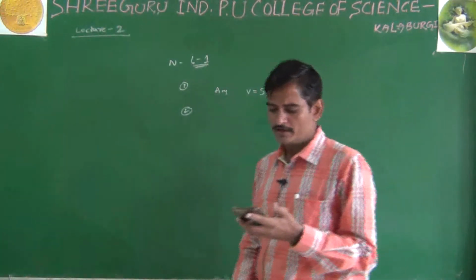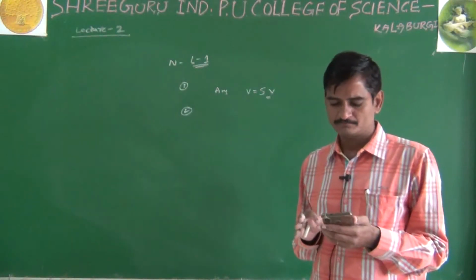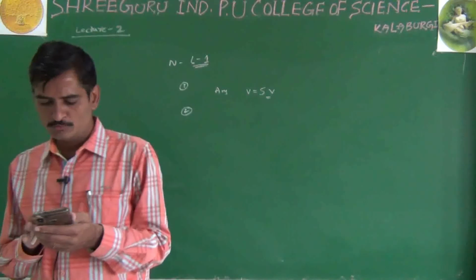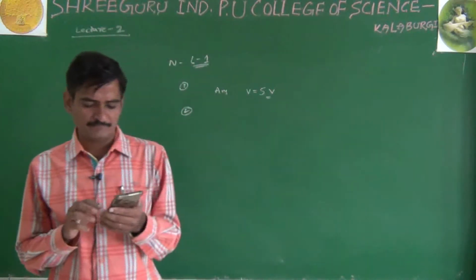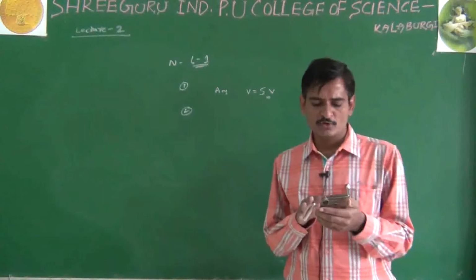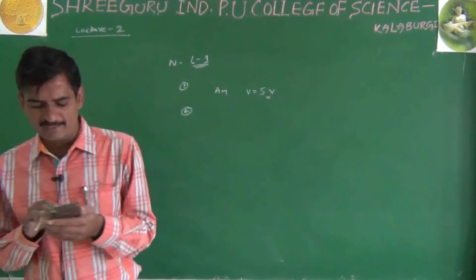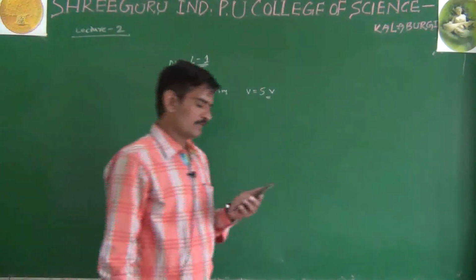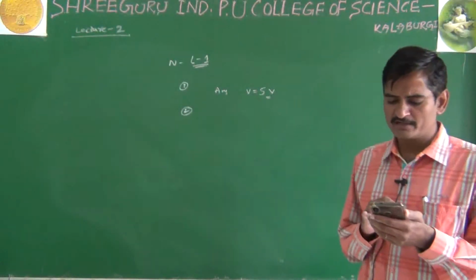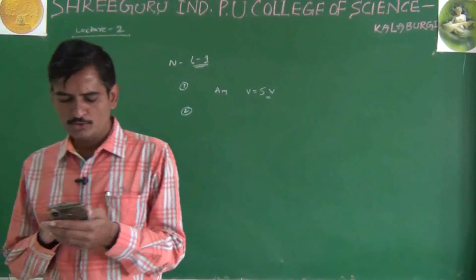Second question. If 200 joule of work must be done to move electric charge of 2 coulomb from a place where potential is minus 10 volt to another place